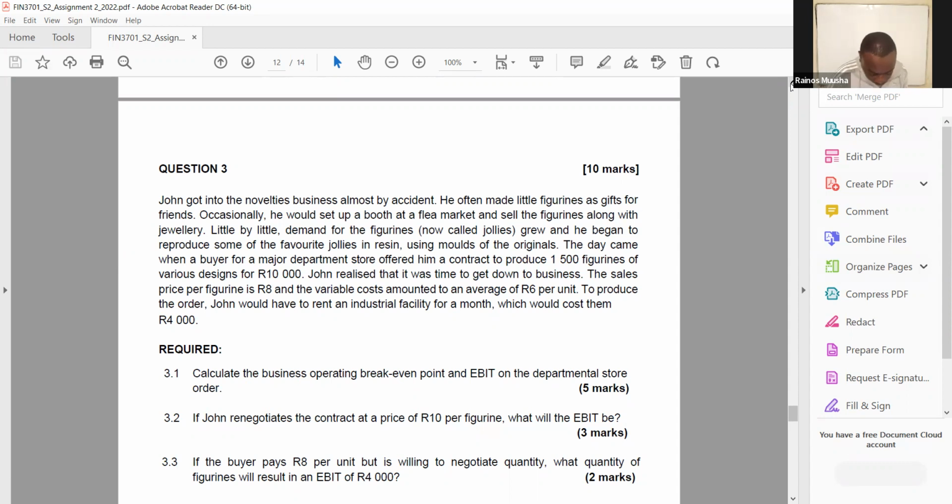And for question 3.1, they say, calculate the business operating break-even point and the earnings before interest and tax on the departmental store order as well, right? So on that order, we are asked to find the operating break-even point and also the earnings before interest and tax of the order. So the operating break-even point is given as